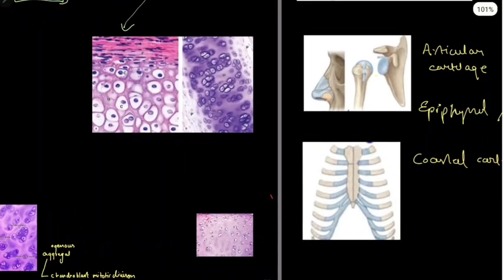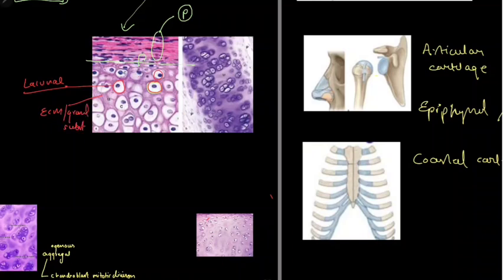So hyaline cartilage can have an outer layer that is perichondrium. We will discuss it later. Let's see what's in the hyaline cartilage proper. So we see below this, hyaline cartilage proper has a number of spaces, and these cavitary spaces are what are known as lacunae. Lacunae are spaces which are present in the extracellular matrix or the ground substance.